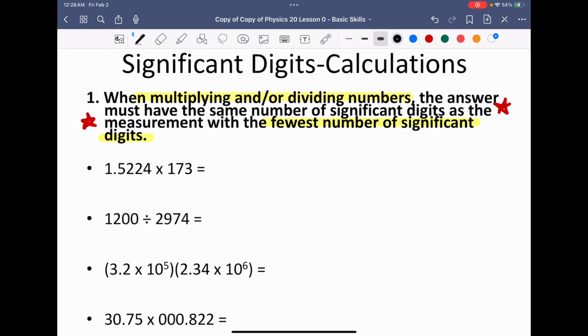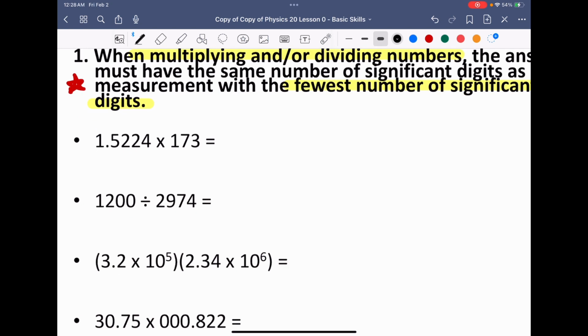So in the case of the first one, I scan it, and between those two numbers, we have in the first case 5 significant digits, and then we have 3 significant digits. So therefore, what should our answer have? It should only have 3, and therefore, when we multiply the two numbers, we get 263 as my answer. In the next example, we have 4 and 4, so our final answer is going to have 4, and so I'm going to write it as